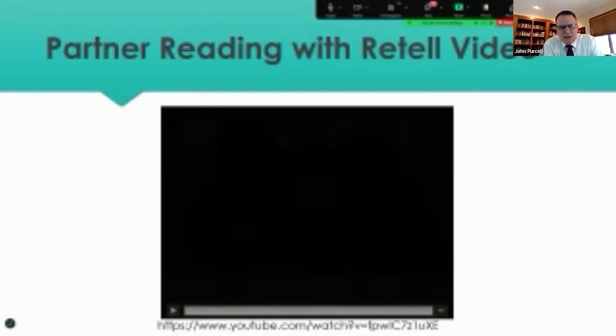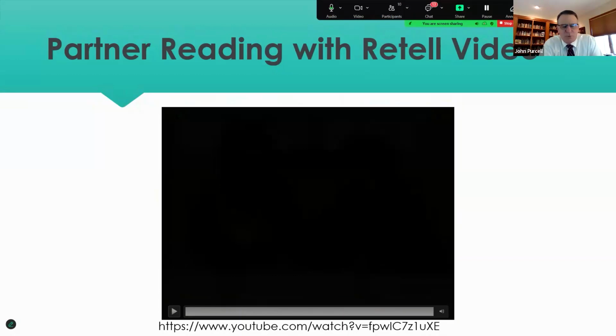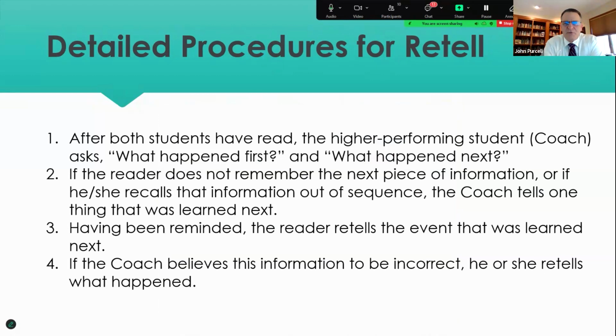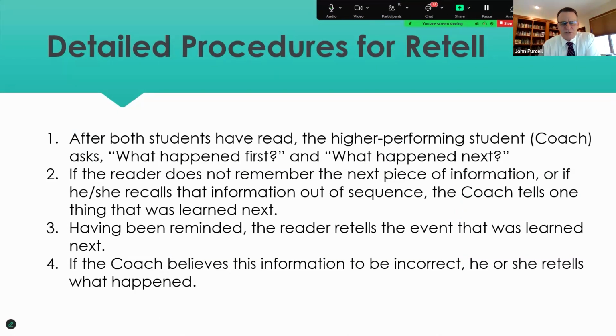I don't know necessarily that I would say you made a careless error. But the point is, you're going to have students in retell. You're going to have both students, the higher performing student and the student as the coach. And on this, because it was an older student, she didn't ask, but I think you should: What happened first? What happened next after that student reads? And again, the student is going to read first. The higher performing, more proficient student is going to read first, and the lower performing student is going to